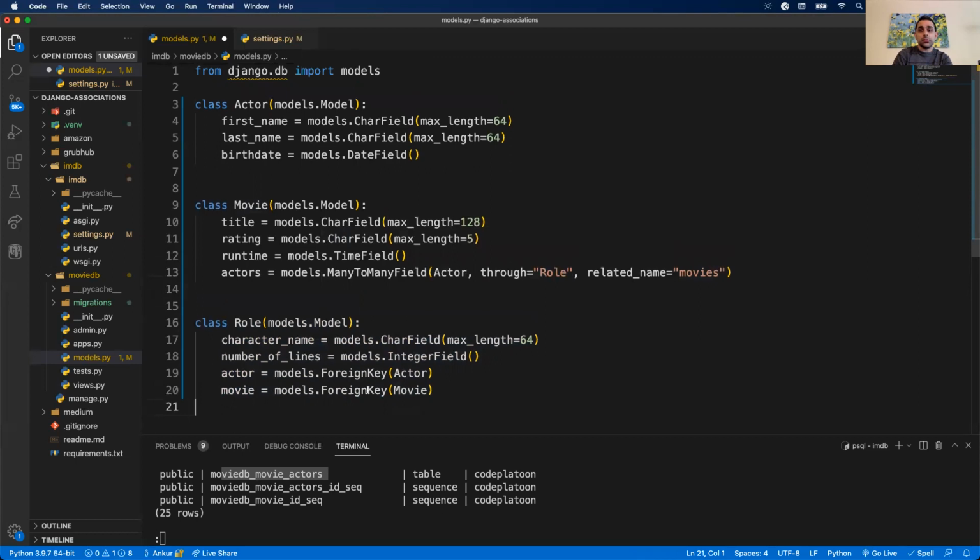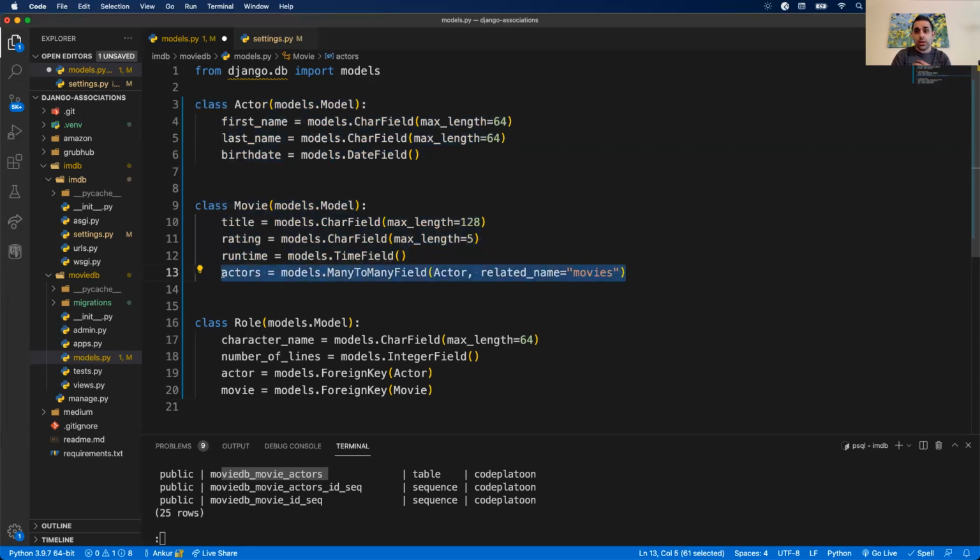Okie dokes. So essentially, just to clarify, you're saying that through is giving us more options. Yes, through is saying we're overriding the default functionality. The default functionality is that without this, Django's going to look for a join table that it created between these two. So if you use many-to-many in this case, it's going to create a join table.